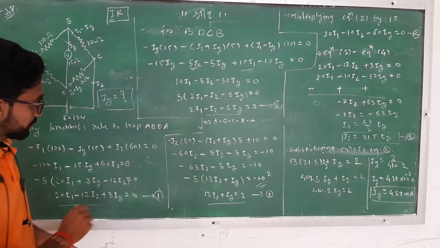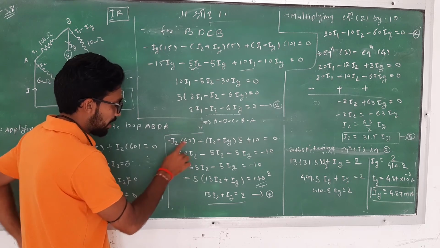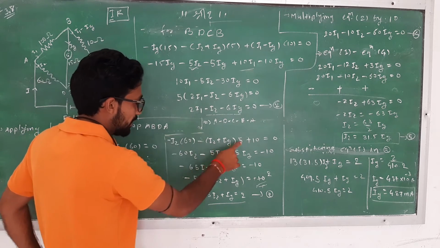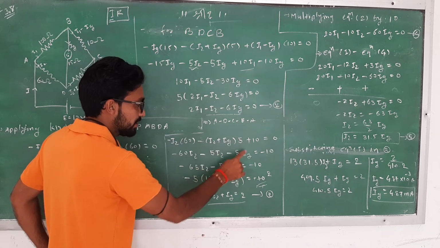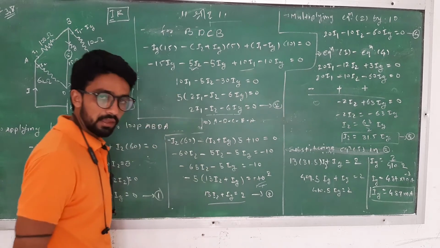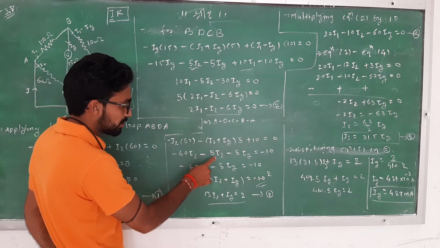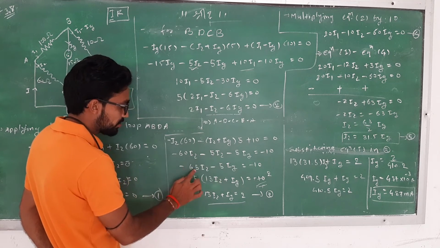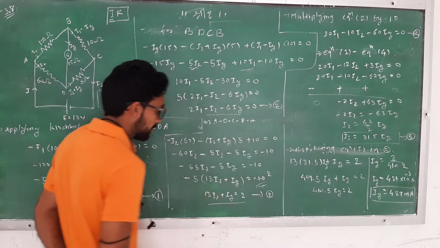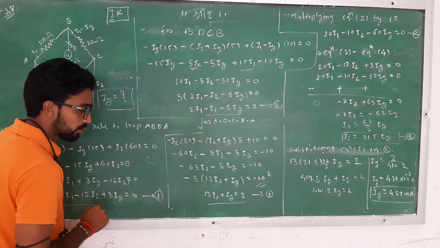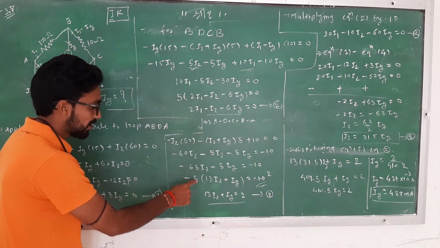Simplify this equation. Then minus 16 I2, open this bracket, minus 5 I2, minus plus minus, and minus 5 IC. This 10 is taken to the RHS, then minus 10. There you can see, this is minus 16 I2, this is minus 5 I2, so this is minus 65 I2. That minus 5 IC is equal to minus 10. Take minus 5 common. So this is 13, because 13 times 5 is 65.